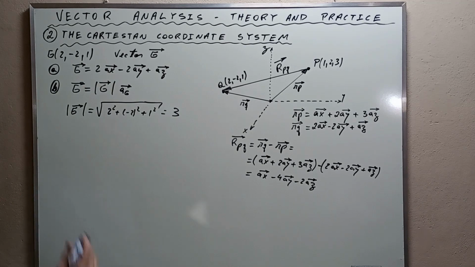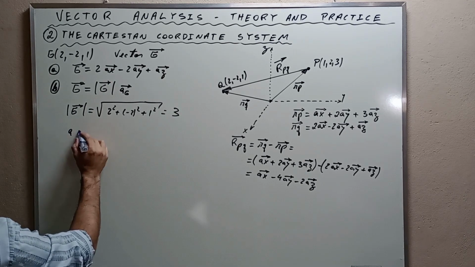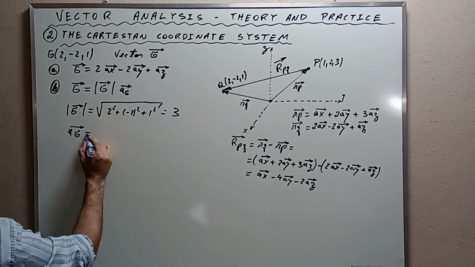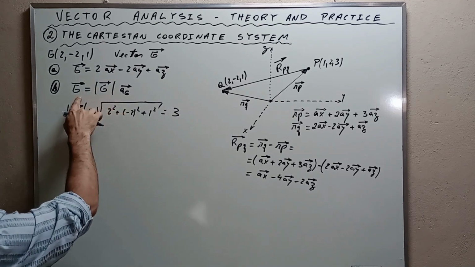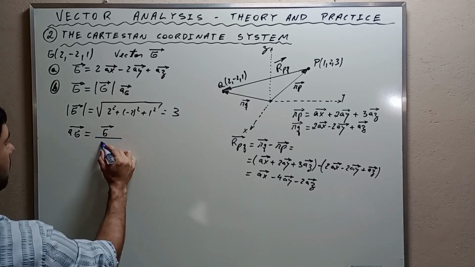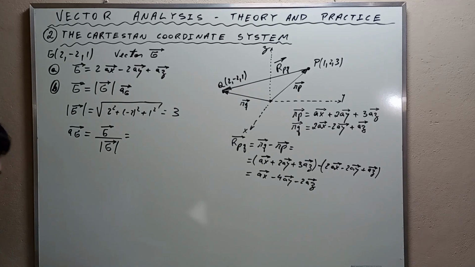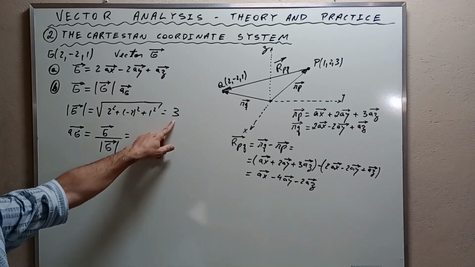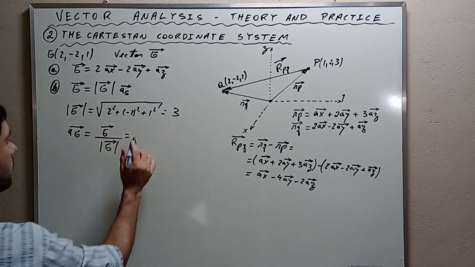The unit vector in the direction of the vector, AG, is equal to, simply passing this dividing here, G divided by the magnitude of G, and if the magnitude is 3, then it is going to be 1/3